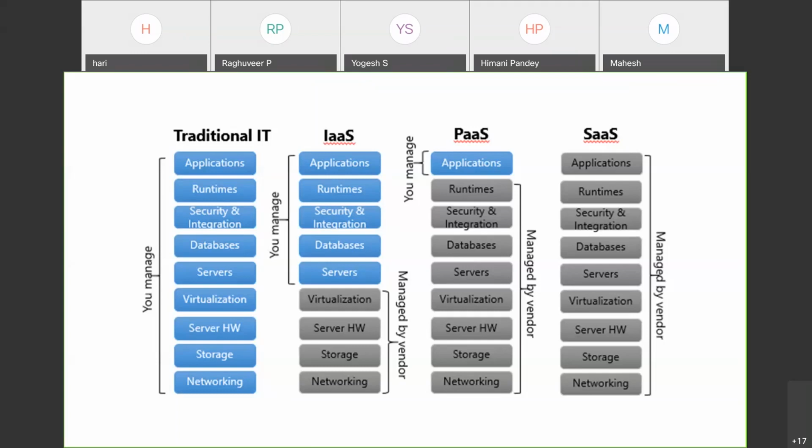One is to start with IaaS. Let's say I'm using Amazon services. I will use Amazon network, storage and virtualization, everything. But I'll be installing my own database, my own runtime and applications on that. The advantage is, all these particular